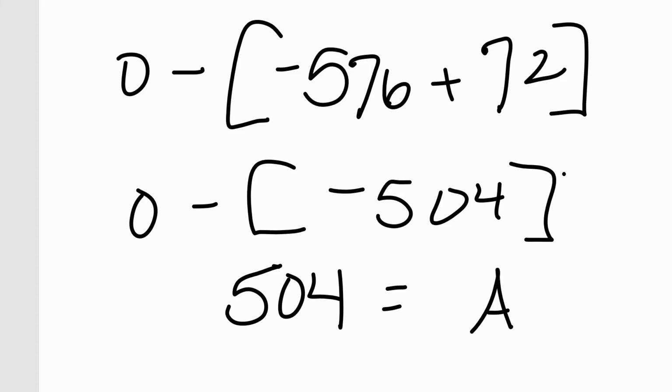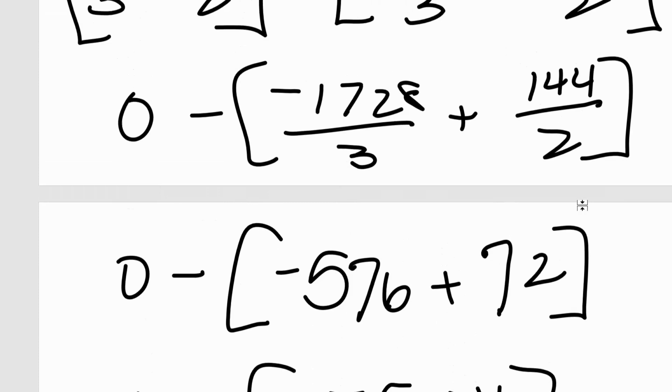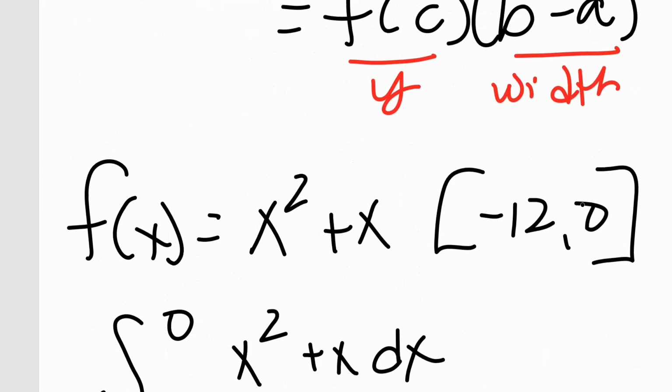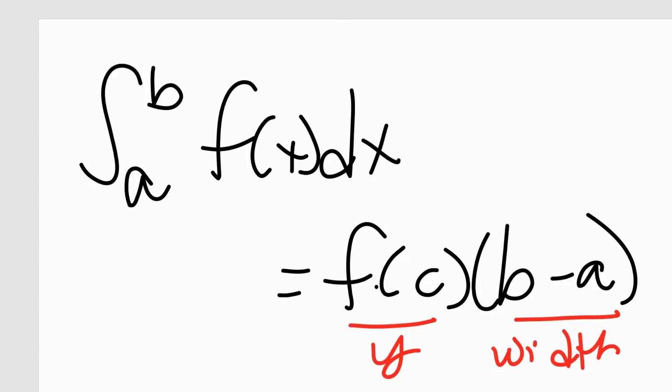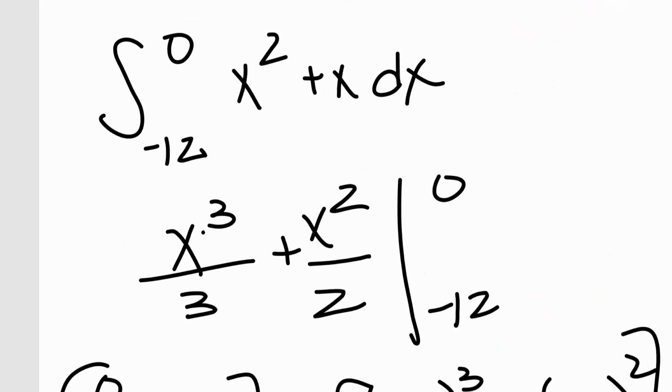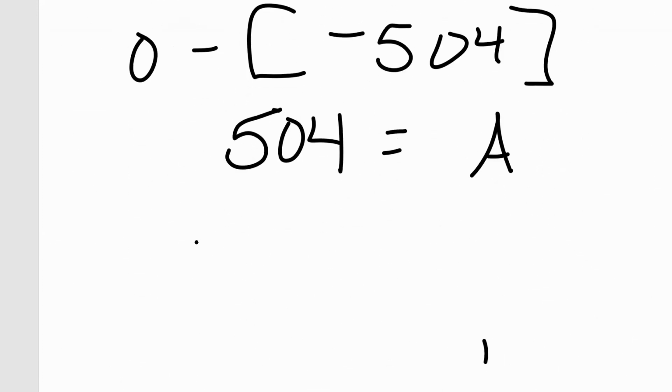This is just the left-hand side of my formula, the integral from a to b of f of x dx. Now I need that to equal f of c times b minus a. f of c is just your function. c and x are the same thing. c is just a very specific x. So I'm going to rewrite this as f of x and find x. And then b minus a is my width. That is what I am integrating my upper and lower bounds with. So this 504